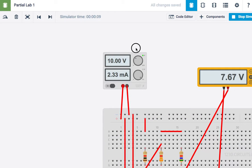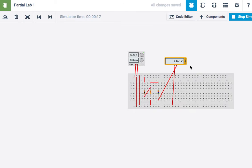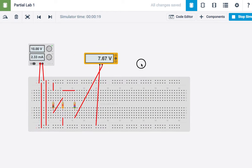Okay. And if I just turn on the multimeter, this thing comes out to be 7.67 volts. Well, that's not what we had before. We had 6.75. And the reason you probably can guess, but I'll tell you anyway, is that in voltage measuring mode, a